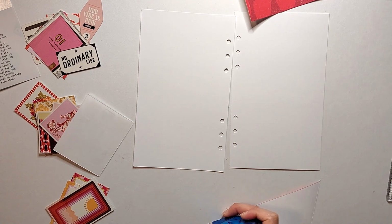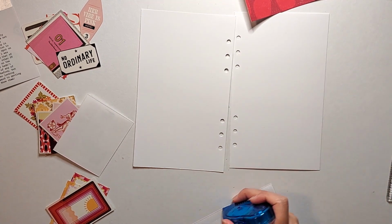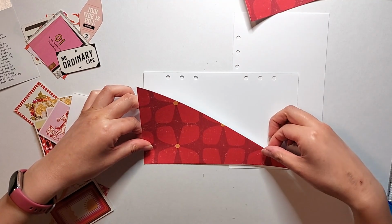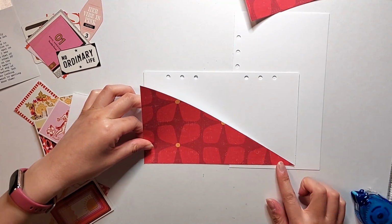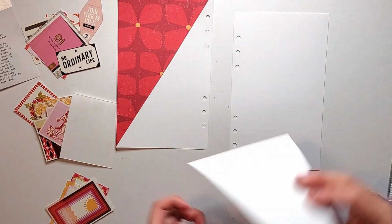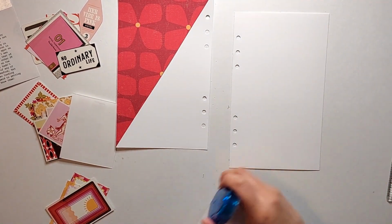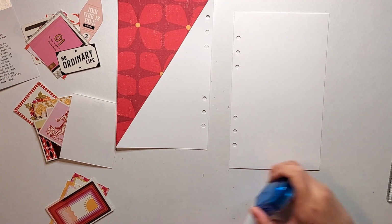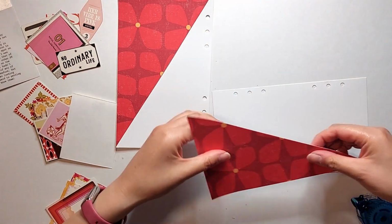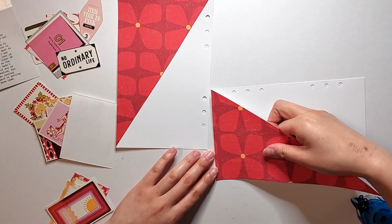And I've also printed out a photo of our design team announcements as well, and the pinks and the yellows in that photo are going to go perfectly with these embellishments. And for that photo, I just printed it out to slightly wider than the size of one of those memorandum cards so that I can use that as a flip out and place the memorandum cards inside the flip out